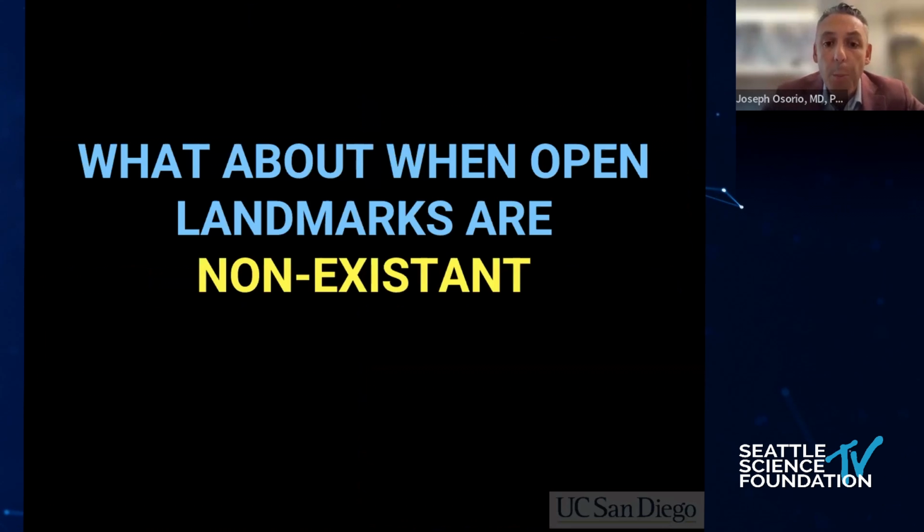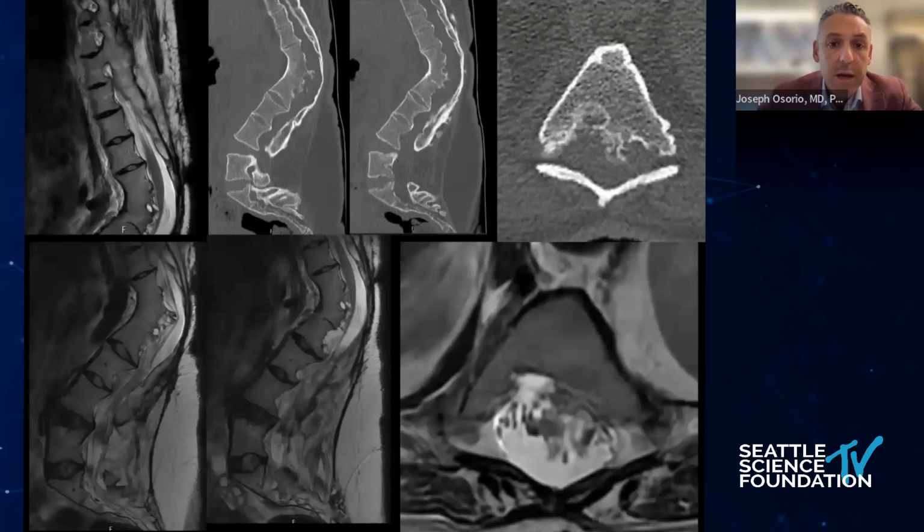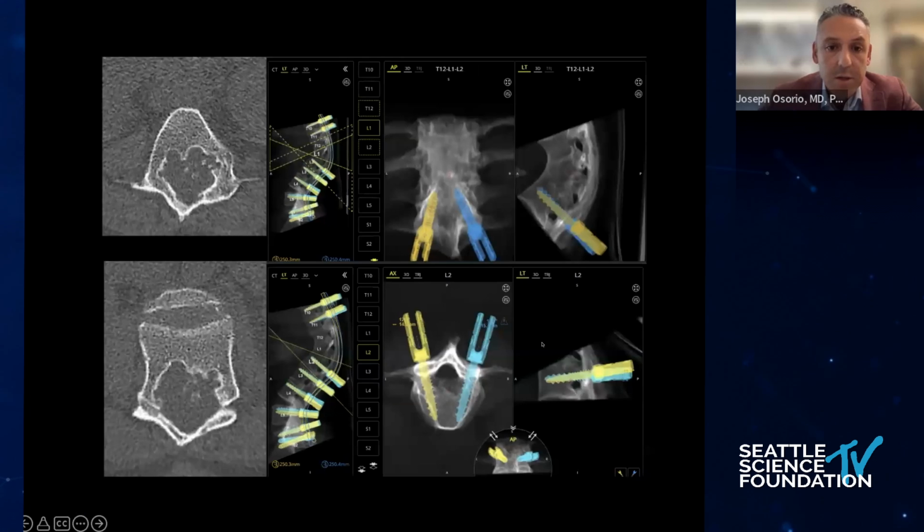So what about when open landmarks are non-existent? I showed the initial set of many cases on one of the first slides where I did that for a Harrington rod. This is an achondroplastic patient. Once again, similar to a tumor surgery that I mentioned earlier, this is going to be a difficult case. If you look at that bottom right-hand corner, this person has had multiple surgeries, non-instrumented in an outside country. And so you can see pedicle fixation may be challenging, but that for this case was not, because I used